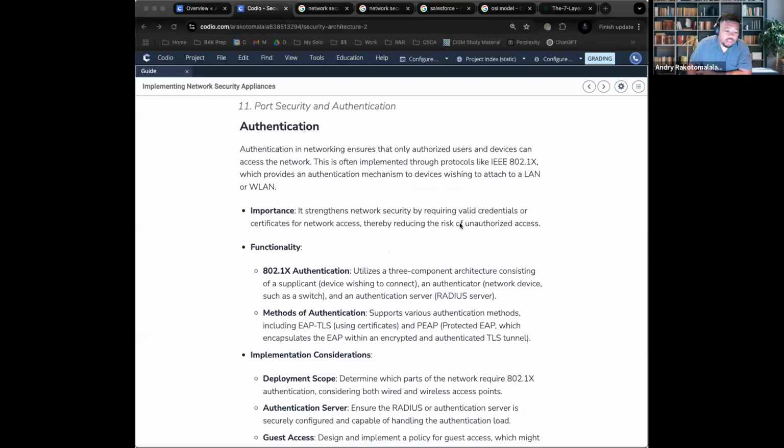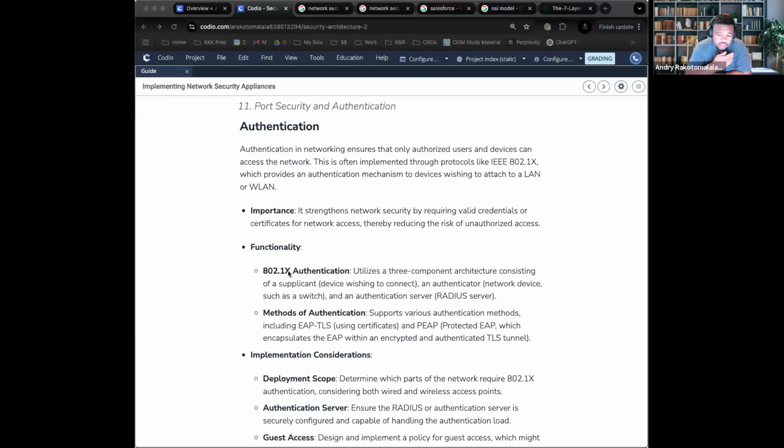There are a lot of common protocols that you can use in order to do that. One of them is 802.1x. You will have to know this, so I suggest you write this down because this does come up. 802.1x is essentially just a way for you to authenticate that device, okay? And then there are other ways to authenticate it, such as EAP-TLS.